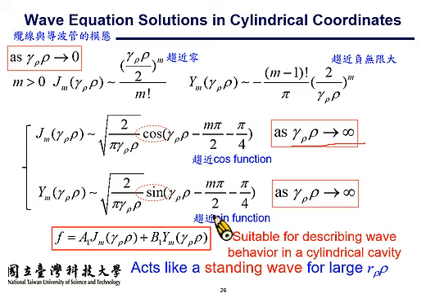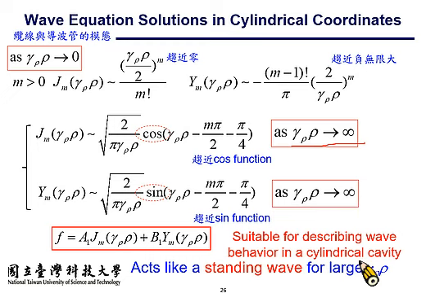So the Bessel function of the first kind and Bessel function of the second kind, the combination of the two is particularly suitable to describe wave behavior in a cylindrical cavity, because they act like a standing wave for large rho numbers. So on this page, we summarize the general solution of the Bessel function of the first kind and second kind in the cylindrical coordinate system. You will see that when rho becomes large, it approaches the cosine and sine